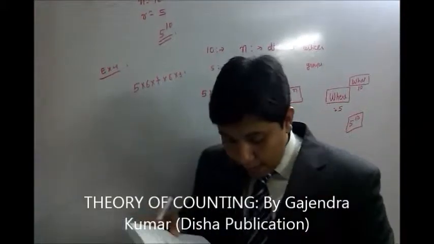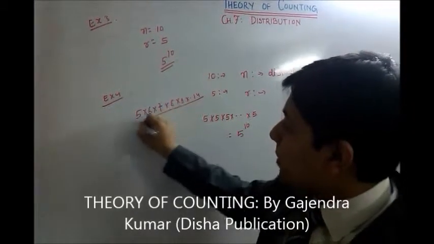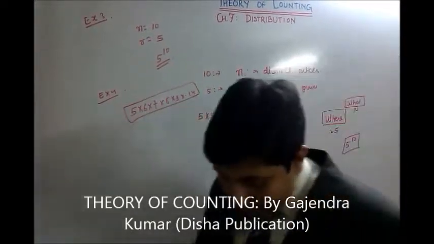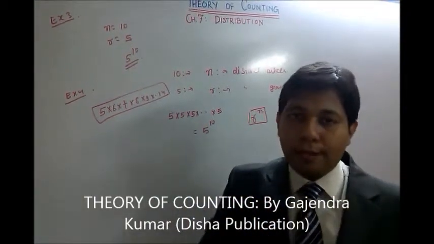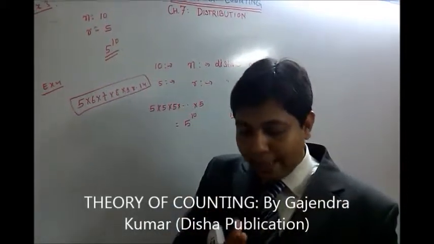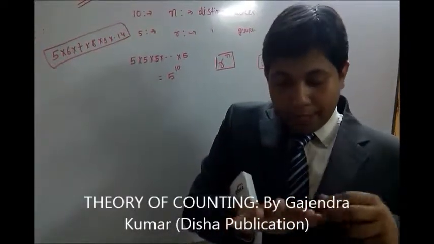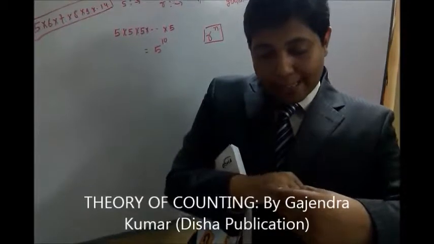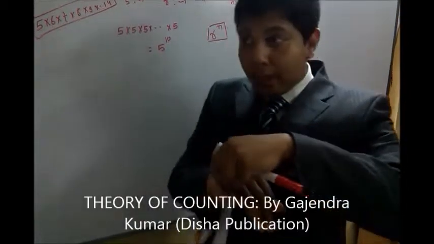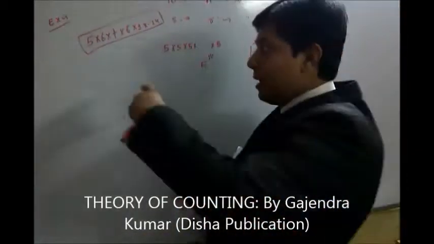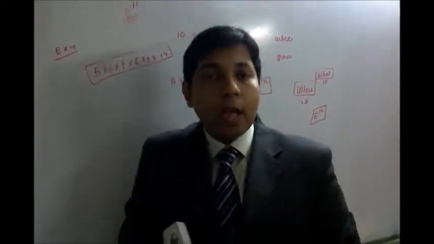There are 10 rings, so it will go up to 14. But you may wonder why it is 5, 6, 7. The reason is that for the first ring we have 5 options, as there are 5 fingers. For the second ring, just assume the first ring is placed here. How many options do we have? 1, 2, 3, 4, 5 are after this ring and 6 is before this ring. So for the second ring we have 6 options. For the third ring, similarly, we have 7 options. For the fourth ring we have 8 options. And so on, it is 5 into 6 into 7 into 8 into 9 up to 14.